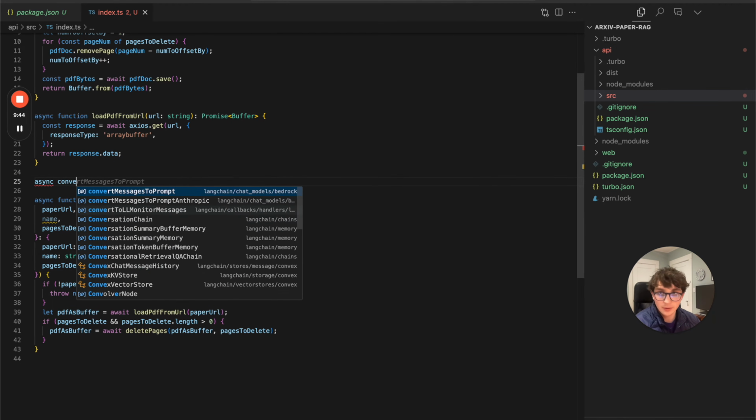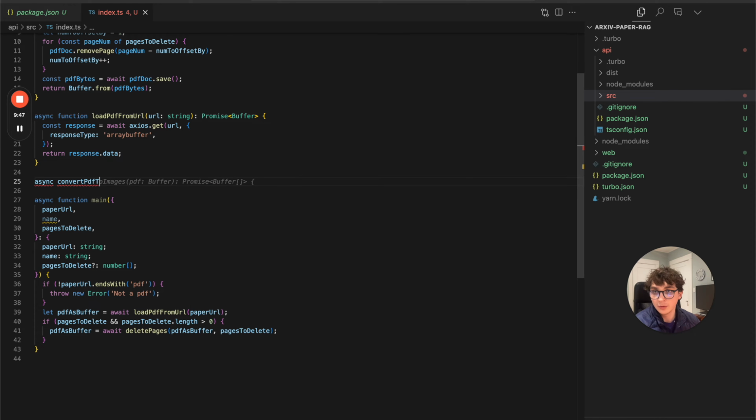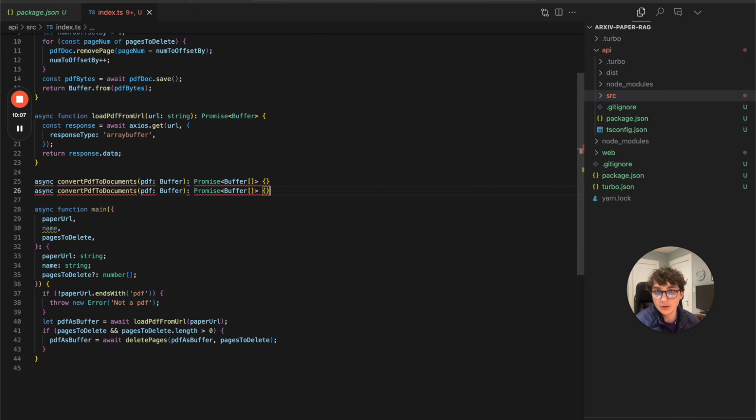Let's see, convert PDF to documents. And the documents is referring to LangChain's document type. It's the type we use for specifying documents that we then embed, and that type is used broadly across the LangChain library, so we want everything to be in that type. So we're going to specify one argument, PDF buffer, but our return type is going to